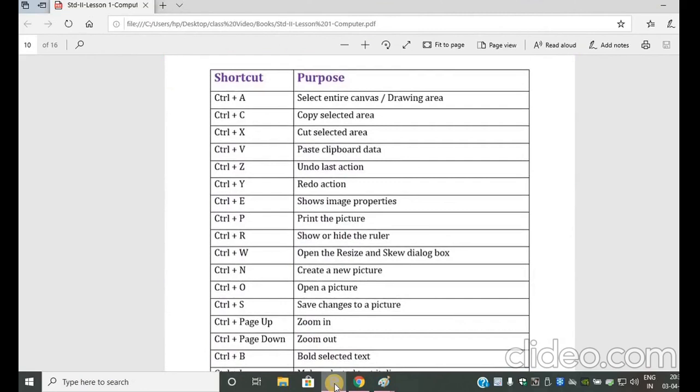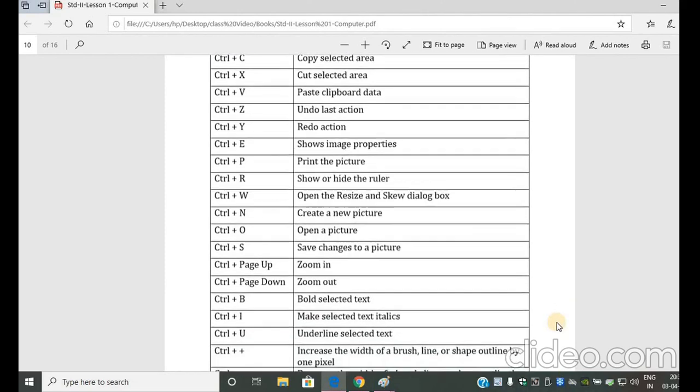Control plus A, it means control key is there on your keyboard and A is the alphabet A key. So both the keys you have to press at the same time to select the entire drawing area. Control plus C to copy the selected area. For that you have to first select the area. Control X to cut the selected area, and so on. So there is a very long list of shortcut keys, so you have to go through it.